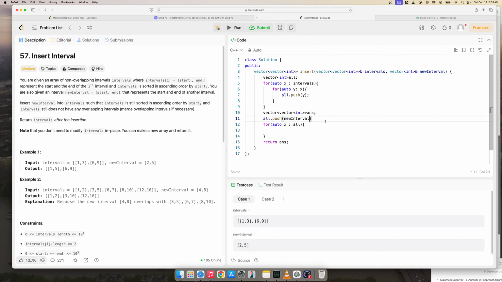New interval 0 and new interval of 1 we have put here. Now since we have all of this, we'll do sort all dot begin, all dot end,